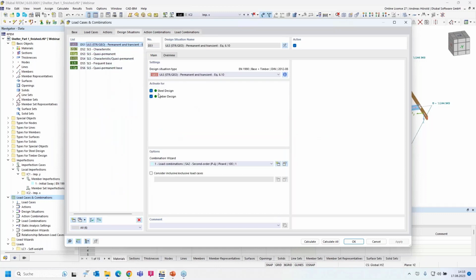Of course, we will activate the steel and timber design for the ultimate limit state design. For the design situation number 2, the serviceability limit state design characteristic, we also activate steel design and timber design. That's all for the steel design. And we check if we need this serviceability limit state design quasi-permanent for the